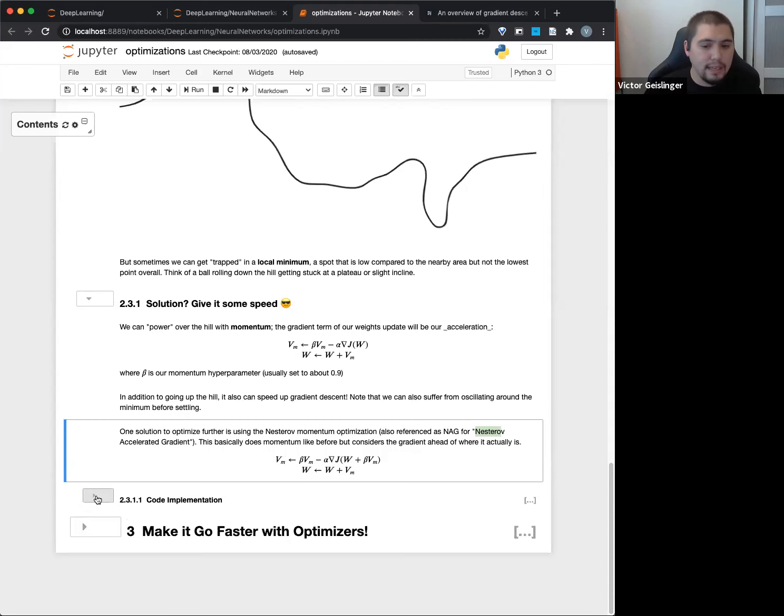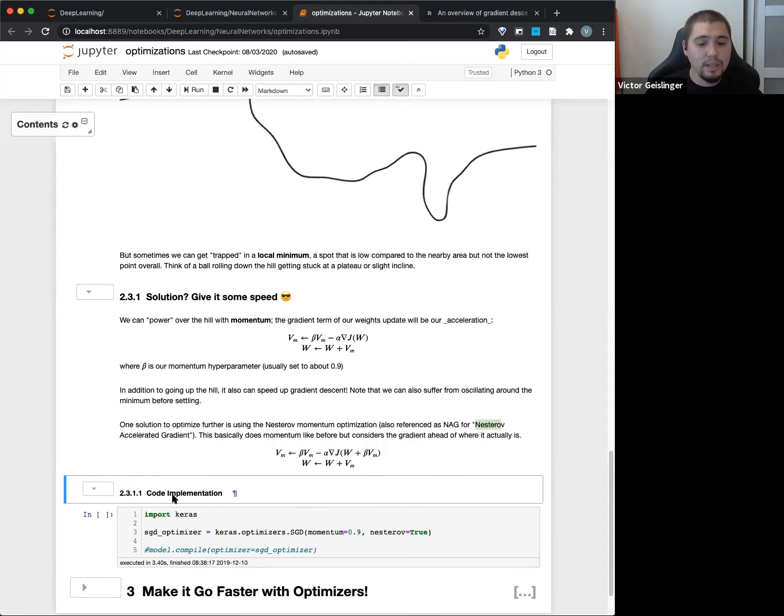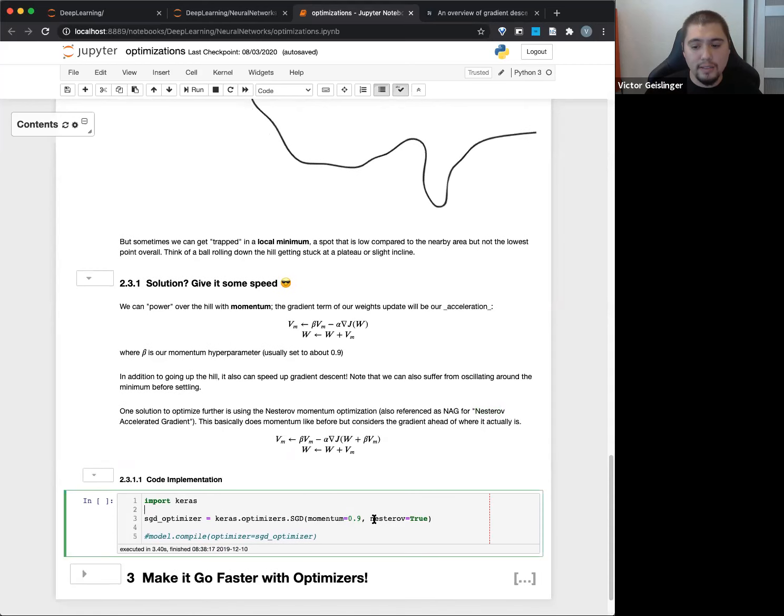And implementing it, at least with Keras, is really, really simple. You can see here, there's Nesterov equals true in momentum. That momentum 0.9, guess what that is? That's just beta. And you're like, oh man, another number I have to worry about. What am I supposed to set this to? In general, 0.9 usually does pretty well. And again, it's like a dampening factor, so that makes sense why 0.9 is pretty good. You might see up to 0.99, but 0.9 is probably going to do perfectly fine.